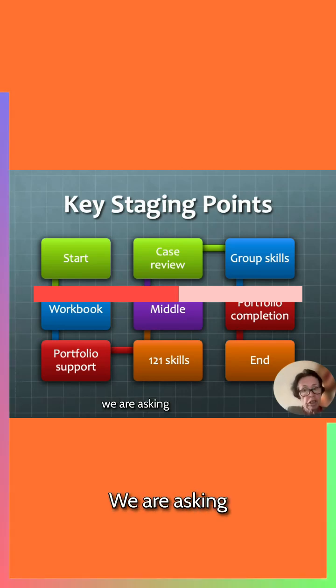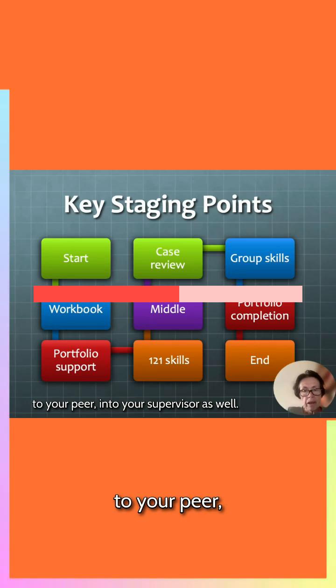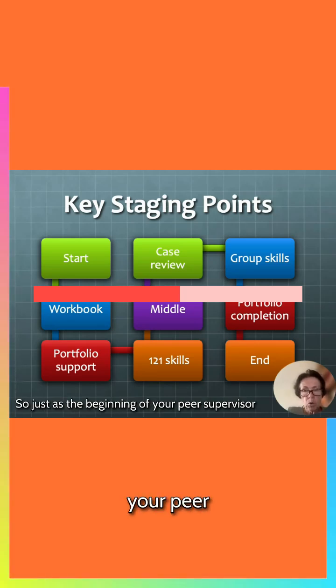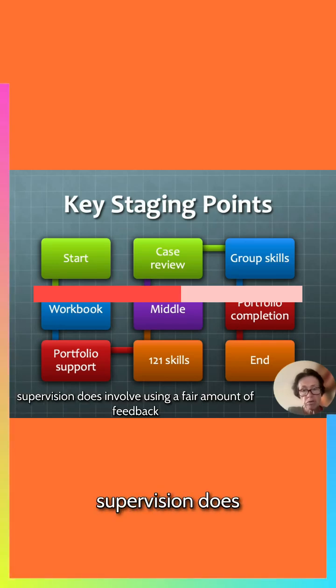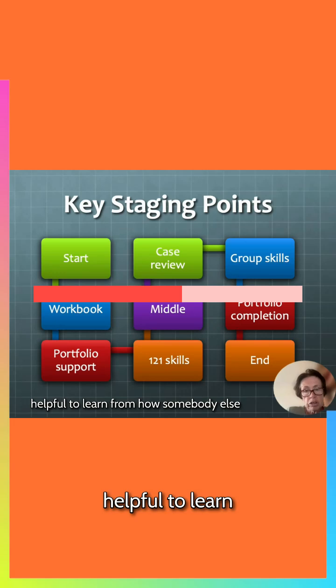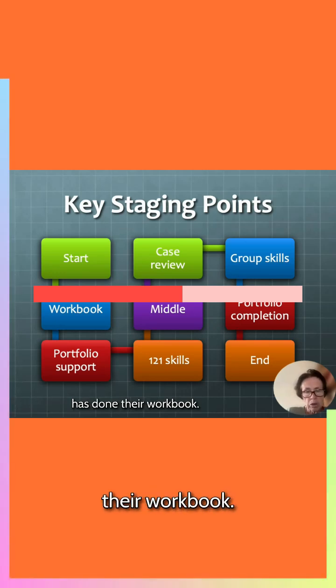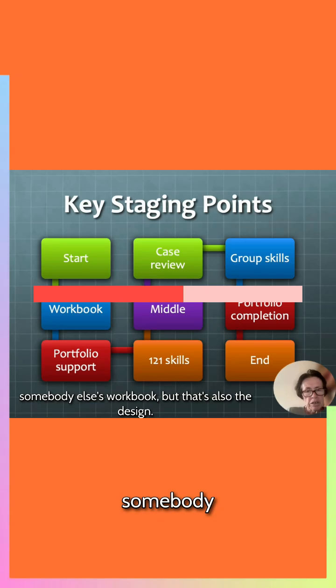We are asking you to give in the feedback that you give to your peer into your supervisor as well. So just as the beginning of your peer supervisor and effectively supervisor skills, because as you can imagine, supervision does involve using a fair amount of feedback skills. So this is helpful to learn from how somebody else has done their workbook. And the best way of learning something, of course, is to teach it. So by actually giving feedback on somebody else's workbook,